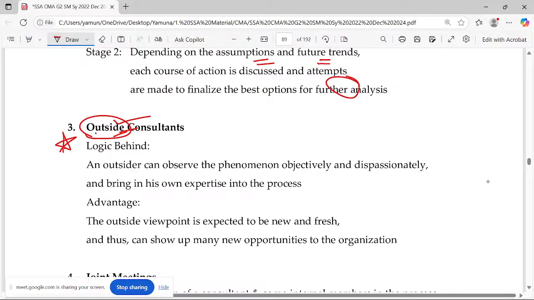So you have to analyze, because there's actually a limitation also: you will not know completely about the organization. See, what are the things you hear through social media? What are the things you come to know through the respective person who is communicating with you? With that point of view only, yes. But one advantage is that because of this outside viewpoint, you'll know what are the pluses and what are the minuses. If you're inside the organization, everybody will be praising you. We don't want that praising. We want to know how far this will be profitable. Again, non-monetary resource. Okay, so outside consultant, and I'm not going line by line.